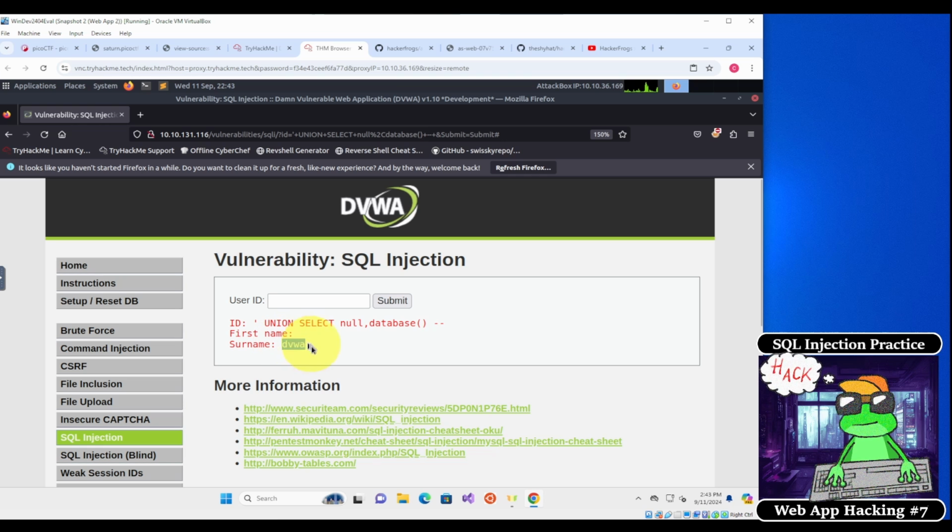and then we get the name of the database. So the database name is DVWA. We're going to need this information to get more information from the database. So the next step is,